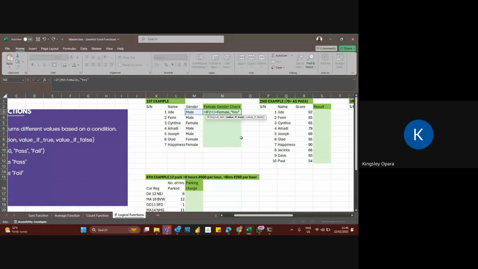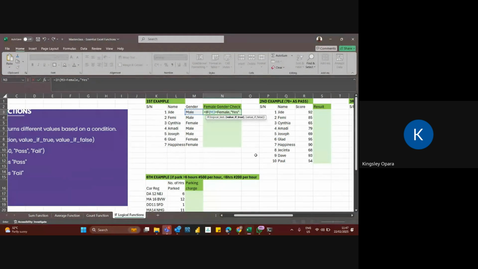Now observe what I've done with the yes. I've enclosed it with double quotation marks, which is the one you would normally find before your enter button on most keyboards. There are two of them there. The single quotation mark will come up when you press it without the shift button on most keyboards.